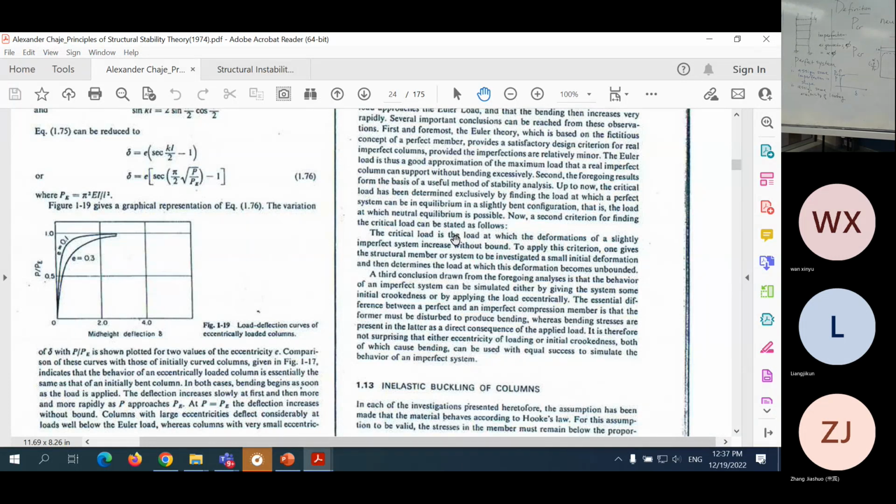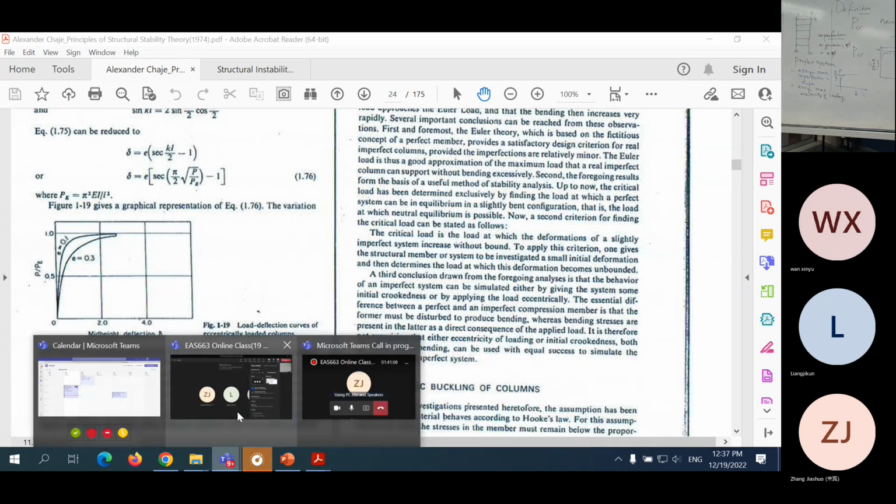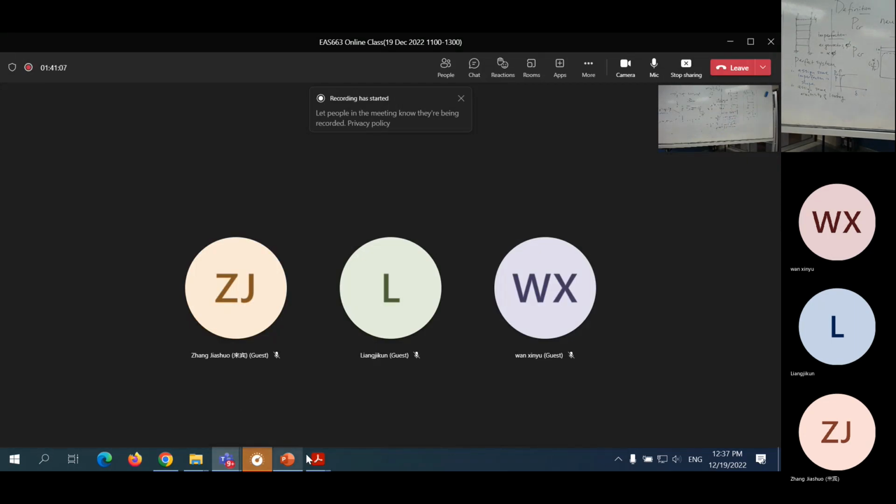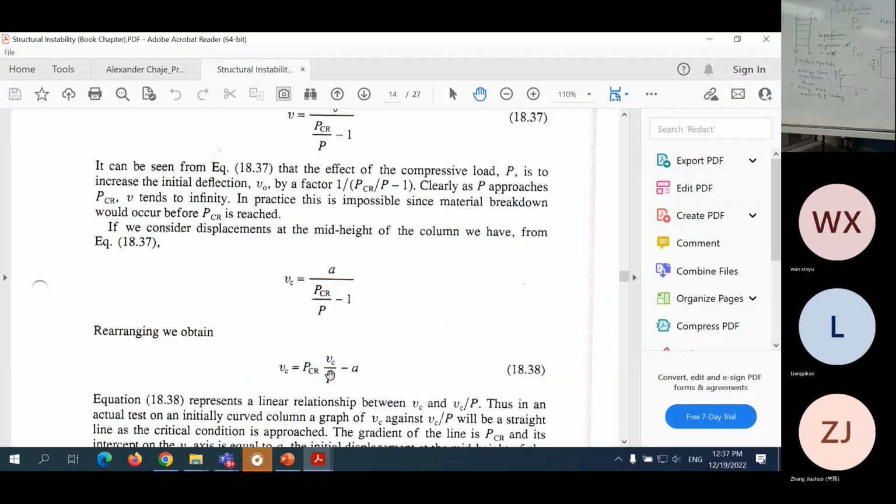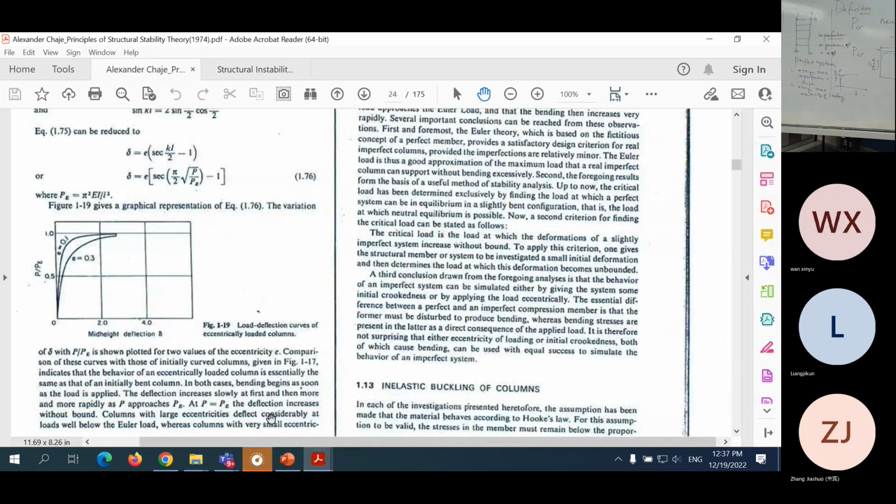So you say the critical load is the load at which the deformation of a slightly imperfect system increases without bound. Increase without bound means increase a lot. To apply this criterion,